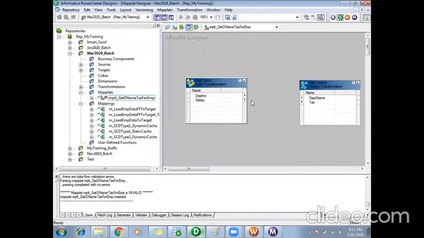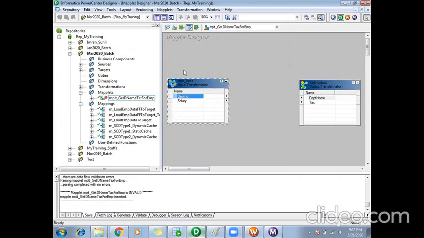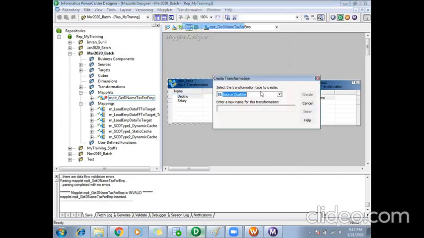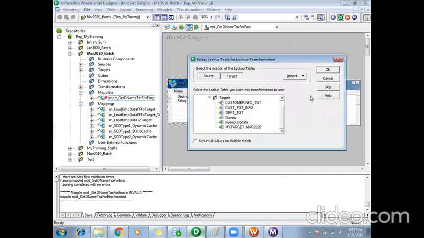Now I need to achieve the logic. To get the department name using the department number, I need to do a lookup. So I'll create a lookup transformation and name it LKP_department.